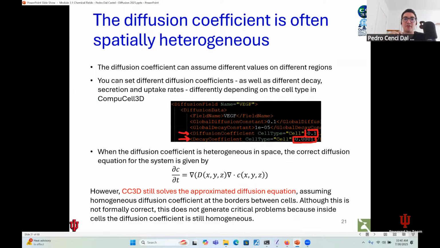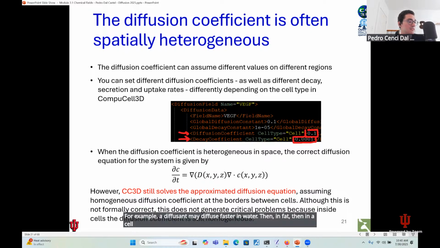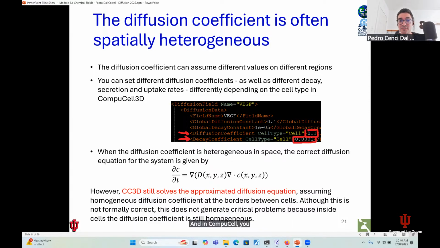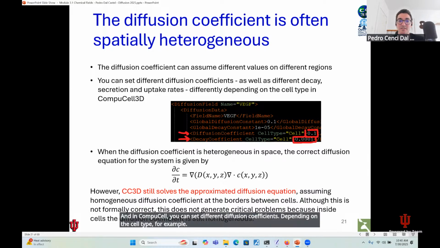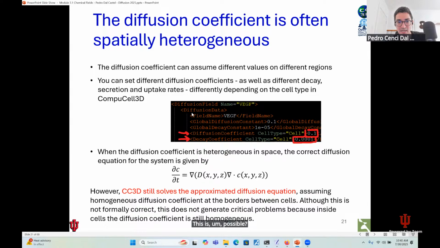Diffusion is often spatially heterogeneous. What does that mean? For different places in the region, you can have different diffusion coefficients. For example, a diffusant may diffuse faster in water than in fat, than in a cell, than in ECM. And in CompuCell, you can set different diffusion coefficients depending on the cell type, for example. This is possible, and we'll see later